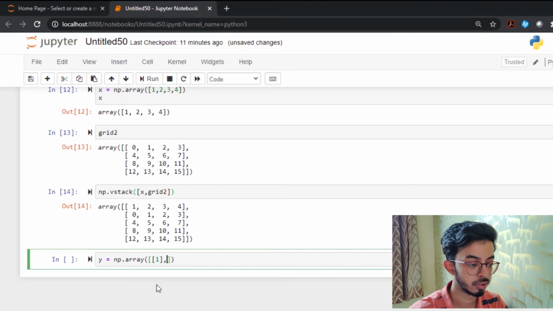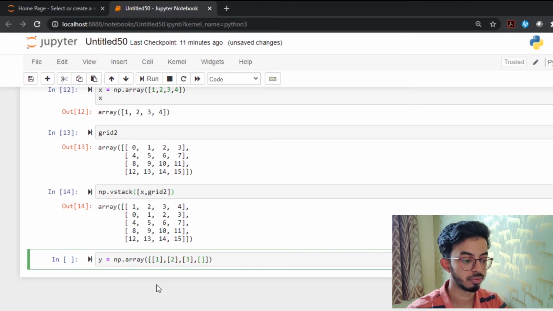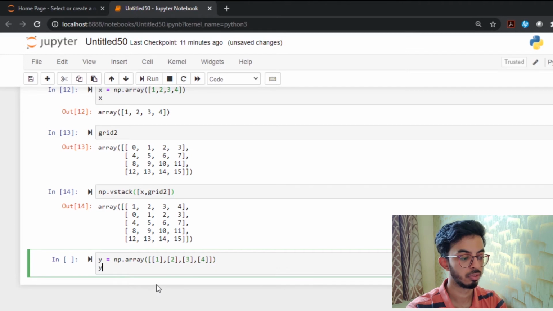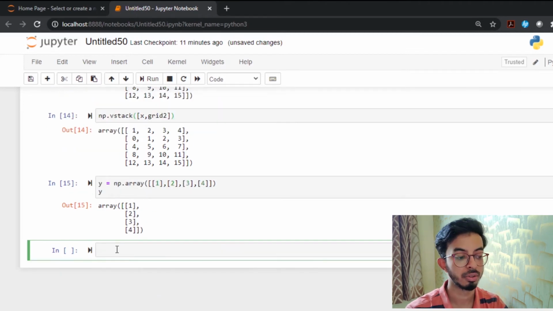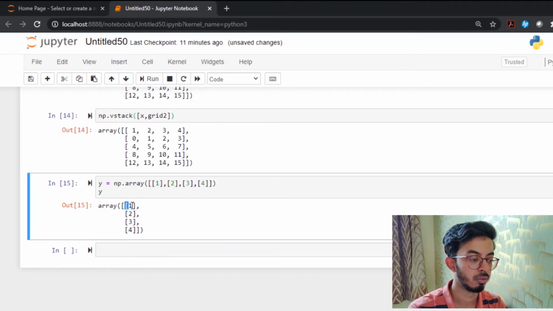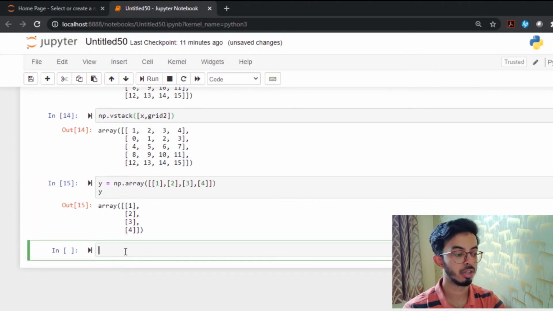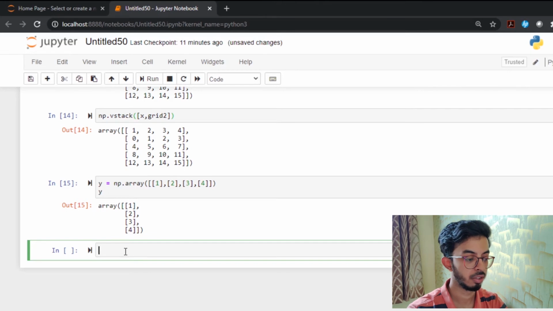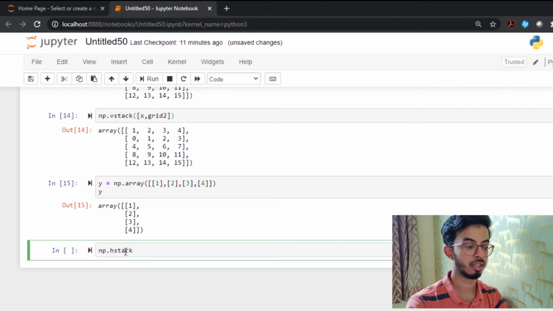1, 2, 3, 4. So that is how you create a 4 by 1 matrix. We have 4 rows, and you can use np.hstack to stack them side by side.